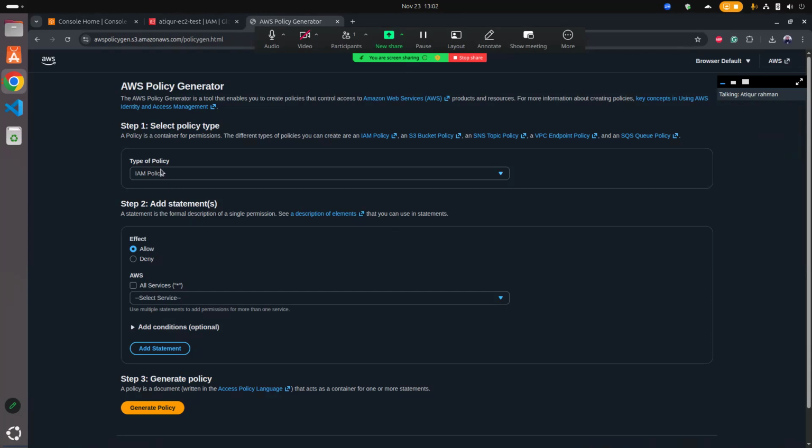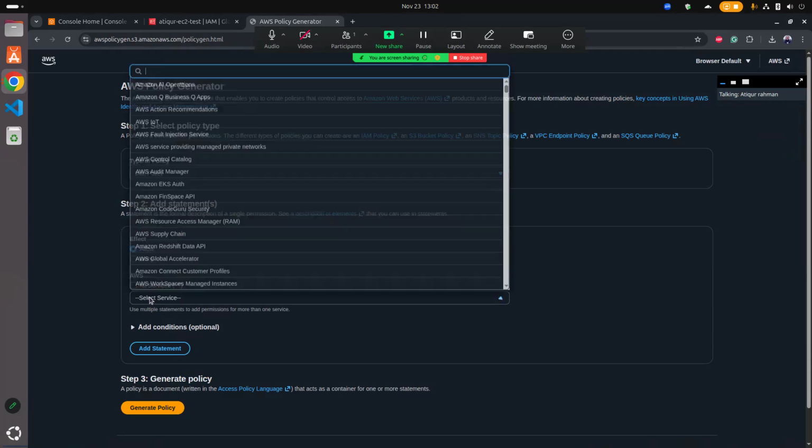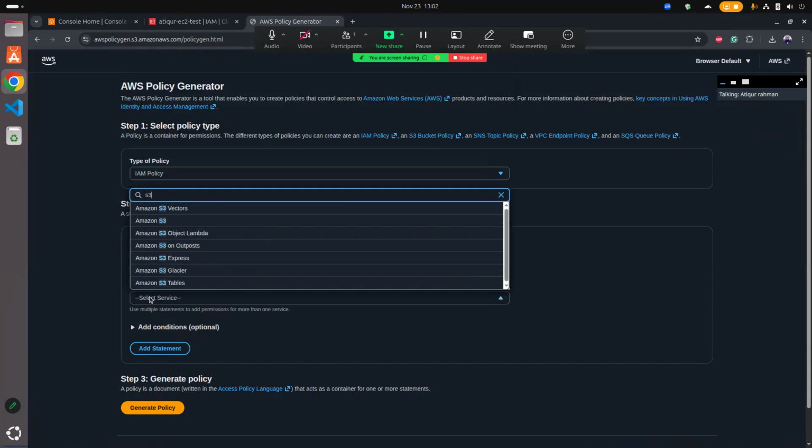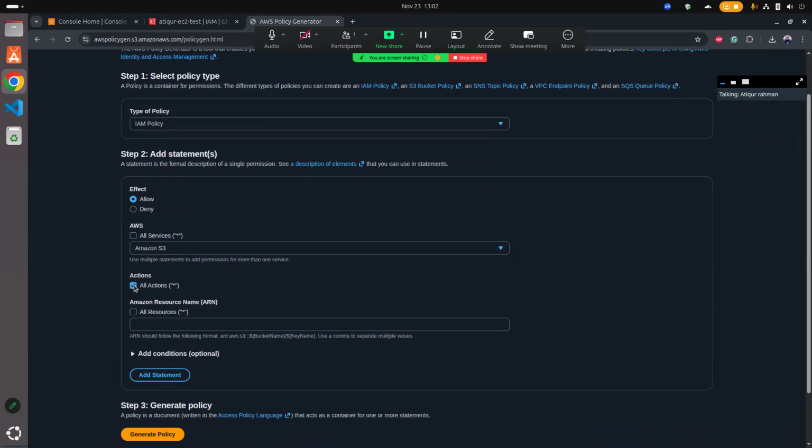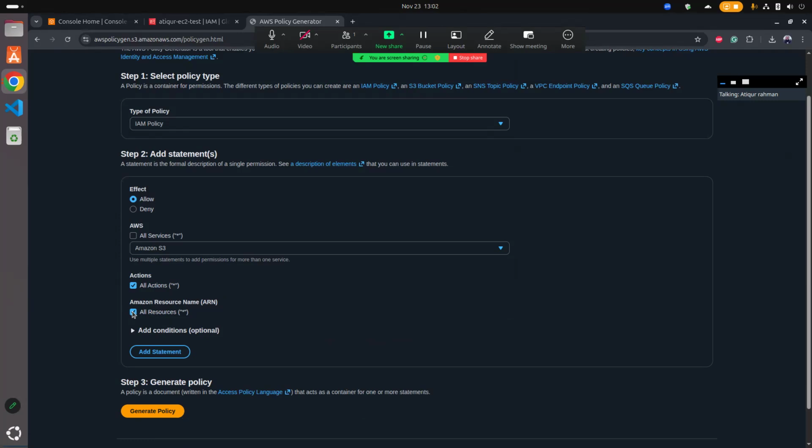So it's IAM policy, it's allow. It's just going to be S3, all actions, and then you can limit this to any buckets. For that purpose, I'm not going to limit any resources. For example, we allow all the resources, right? So add statement,